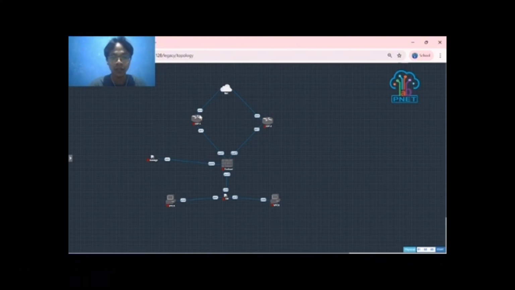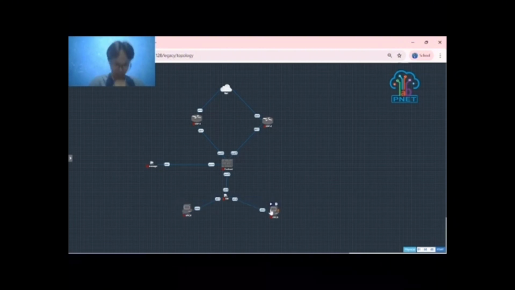This is the router named ESP1. This is the router ESP2, and this is the Docker. This is the Fortinet or FortiGate that we will configure here until we successfully make the failover.